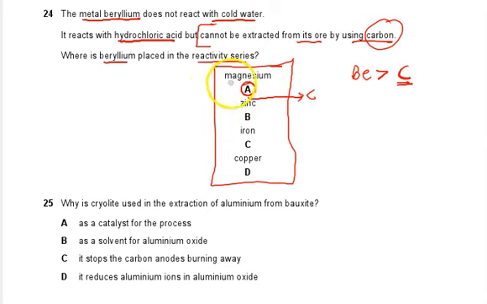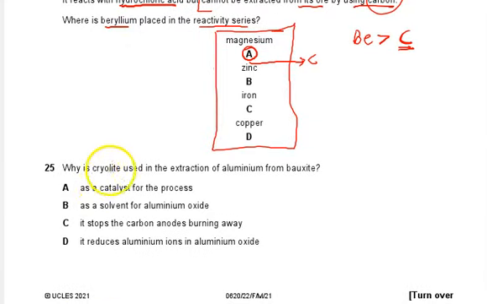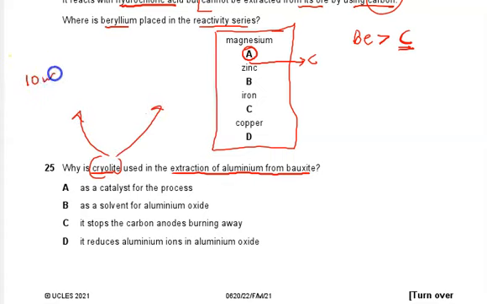Okay, now let us move to 25. Why is cryolite used in the extraction of aluminium from bauxite? Cryolite has two main purposes here. One is to lower the melting point